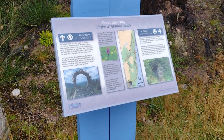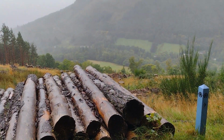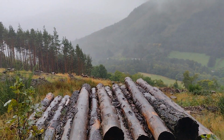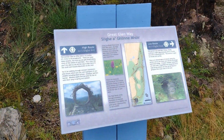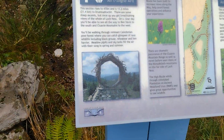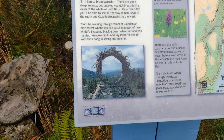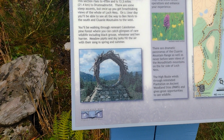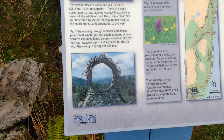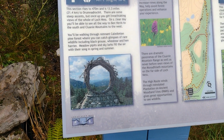Right then, good morning all. After waking up feeling great this morning, starting up the hill, it's a decent climb out of Inverness to get to another point where I have to choose between the high road and the low road. I really wanted to take the high road. It's got some amazing views, although probably not in these weather conditions. The view catcher is going to be a highlight. I hear it's almost like a kind of magic to see it up there, but